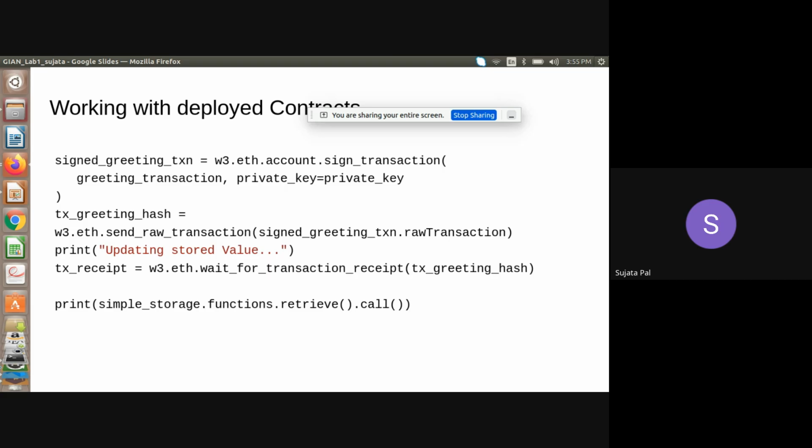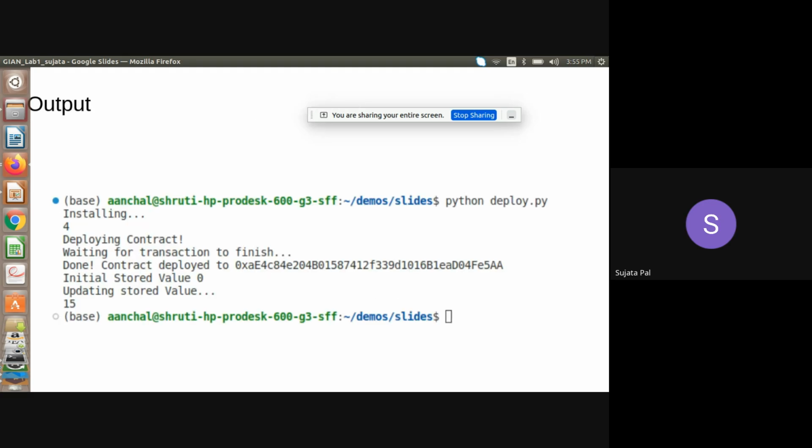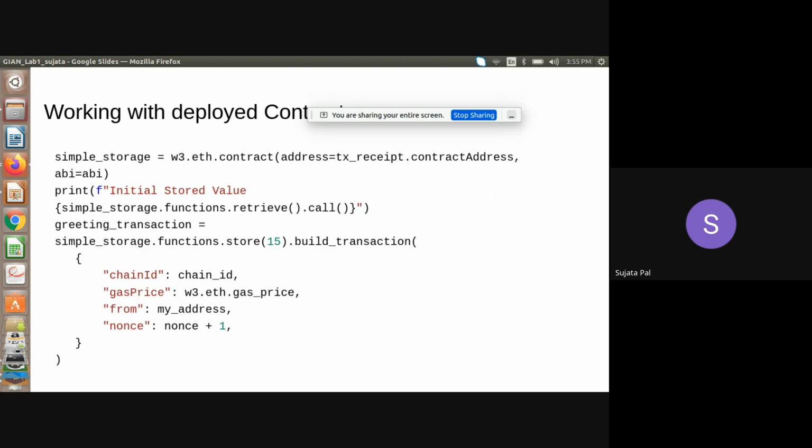I think in your Mac, a different command will be there. I don't remember what the command is.